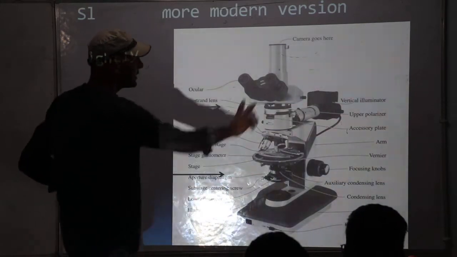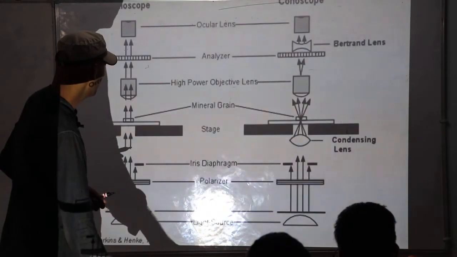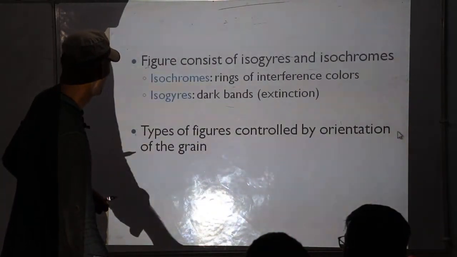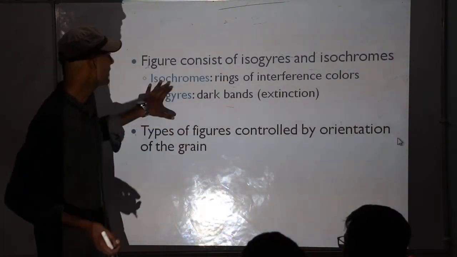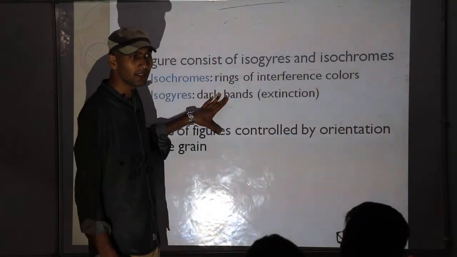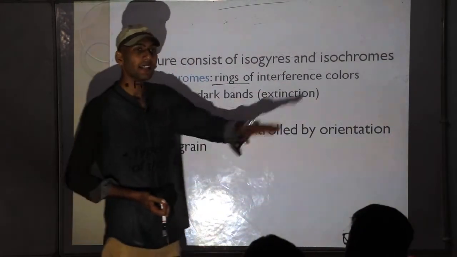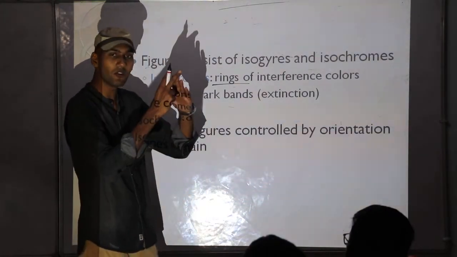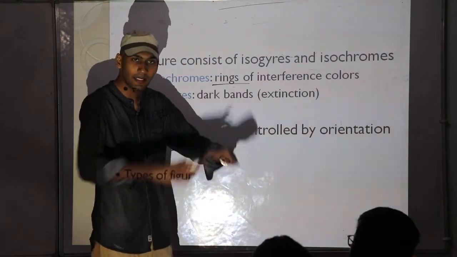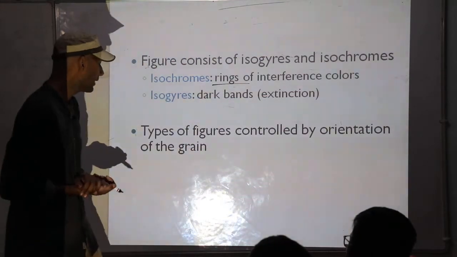And talking about the ocular, these are the ocular lens, the eye lens, right? You can remove that also. Okay, we have discussed isochromes are rings of interference color. Why are these rings? Why are they forming rings? Why not lines? Because of the cross section of a cone, we have already discussed, that is a cone shaped light. If you are taking the cross section of a cone, that will be a circle. Cone is like this. If we are cutting that in a section, that will give you a circle or ring.